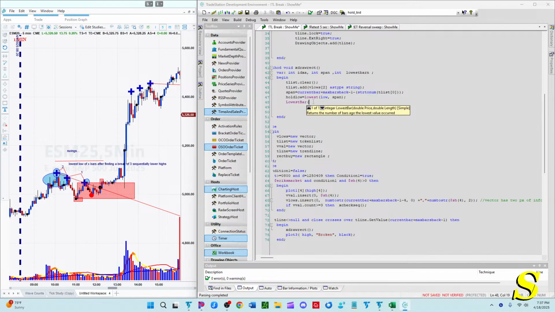What we do when we're making this rectangle, the lowest bar number is equal to lowest bar of price. So the same thing that we did here, right? So low over span. It's just that here we're getting the value, and